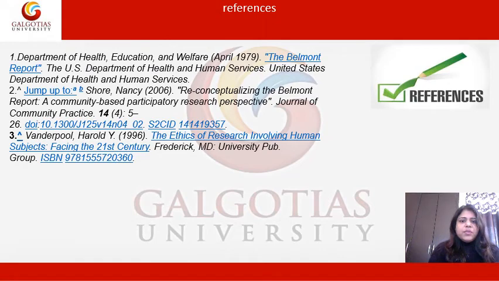References. I have used these references for detailed study. You can also use these references. There is a lot of knowledge you can get about the Belmont Report, the unethical trials, and lots of other unethical trials, and what kind of guidelines were prepared after the World War II. You can also find the amendments that were prepared after World War II due to the unethical trials. So I have used these references. You can also go through these references. Now we will